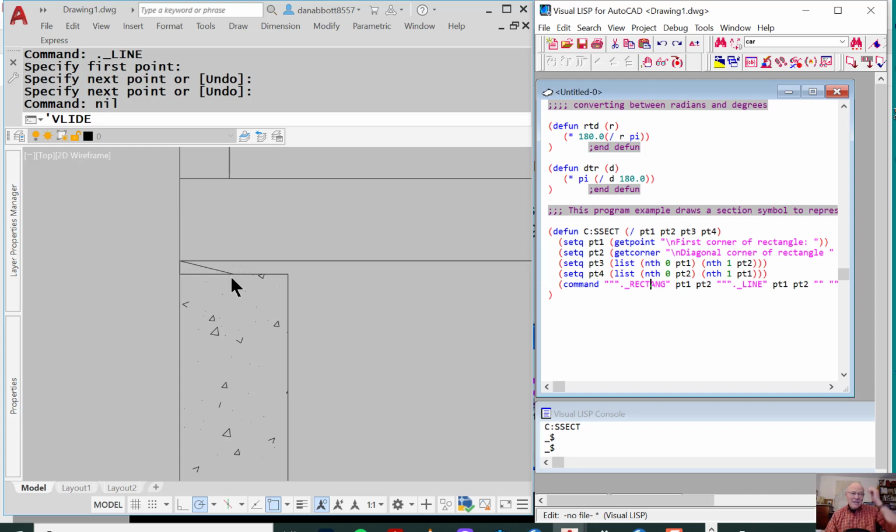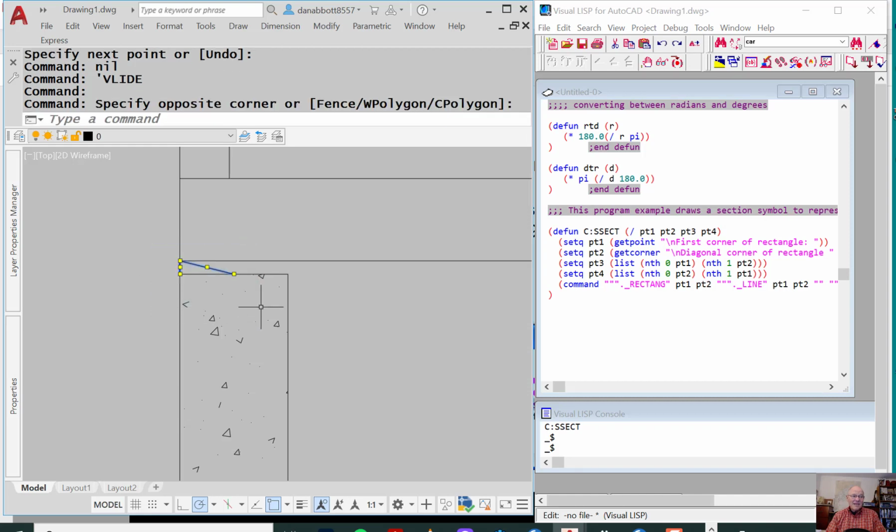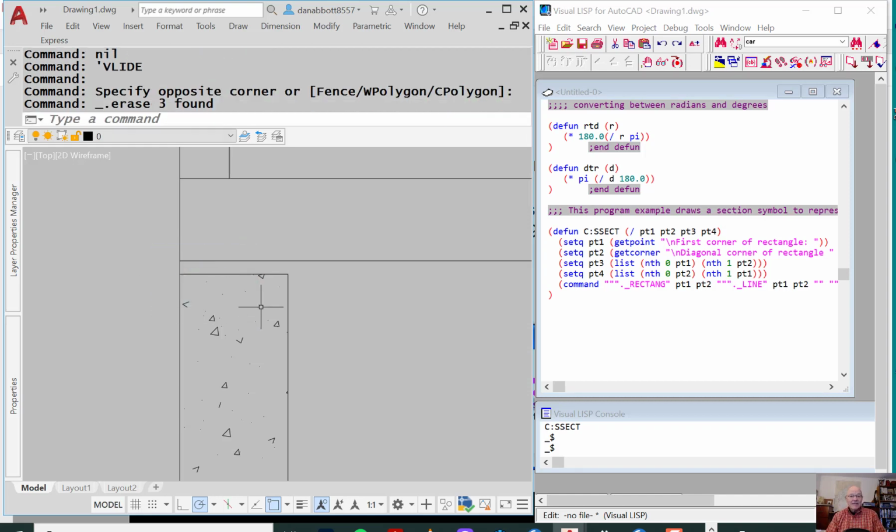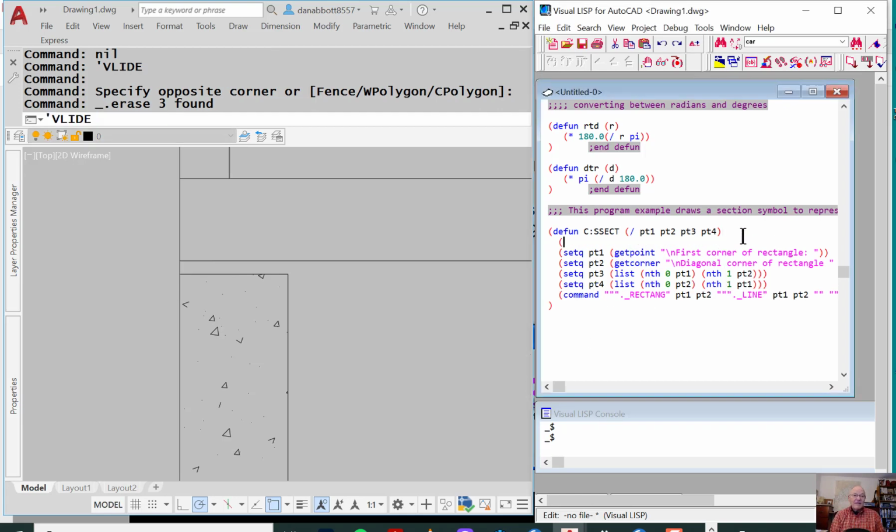As a result, this was able to be drawn because that point's not so close to this one that it went to the endpoint of the line. But what I end up here with is a triangle and not a rectangle. Now, what do I do about that? Well, I have to turn off object snaps. If I'm going to turn off object snaps, so before I do anything else, I need to go in and